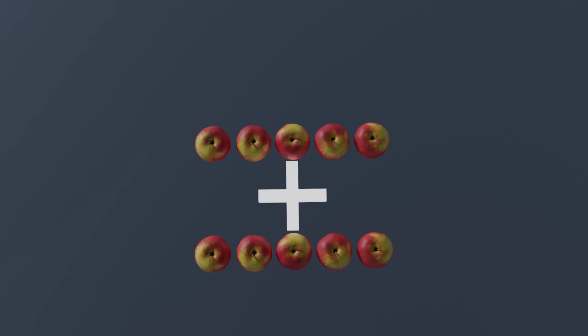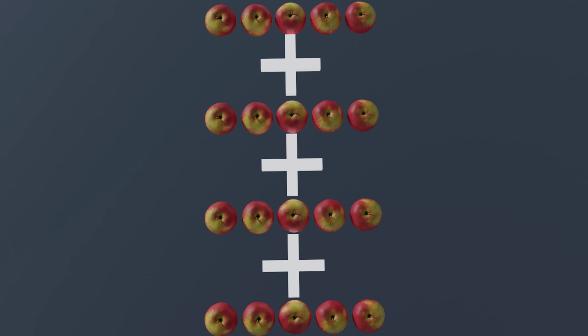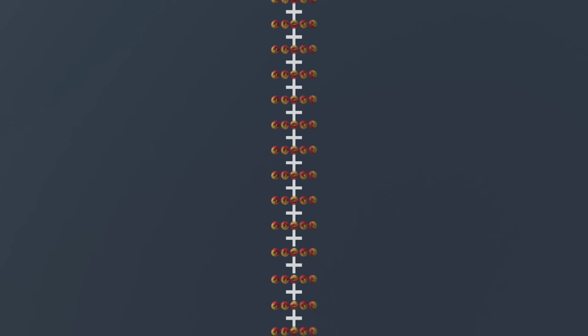Because you see, if you take these summed up apples, then you can multiply them together. Multiplication tells you how many times you have to add something together in order to get the multiplied result. For example, you can multiply 5 by 2, or 5 by 4, or 5 by 10, or 5 by 600, the idea is the same.